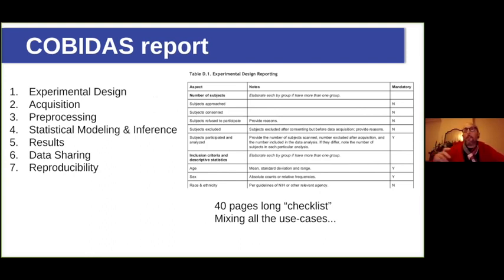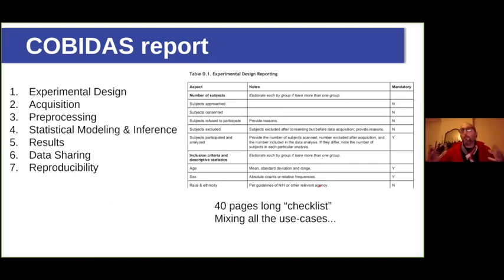And if you just take the MRI report, it's a PDF that's about 70 pages long. But they had a very good idea to actually add some sort of checklist as a form of a table next to it. It's still pretty much a 40 pages long checklist,